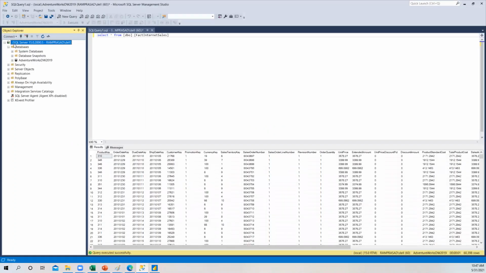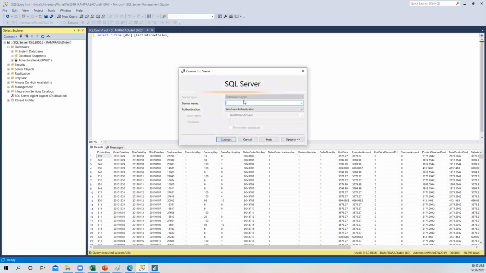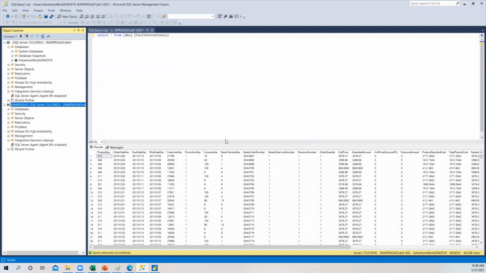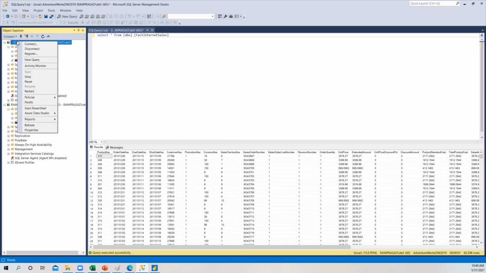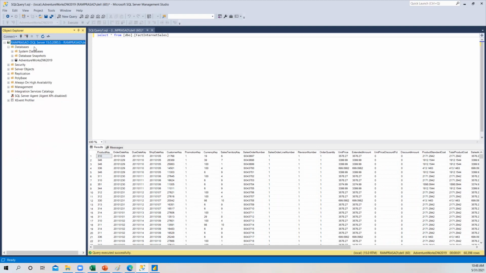If you want, you can try, guys. Previously I connected with the dot. Instead of connecting with dot, we can try with the actual server name also. This is a server name, right? In your machine, that will be your name only. See, same one. You can connect either with the dot, or you can connect with your server name. Your machine name only will become the server name. So you can disconnect either one. This is my server name, guys.